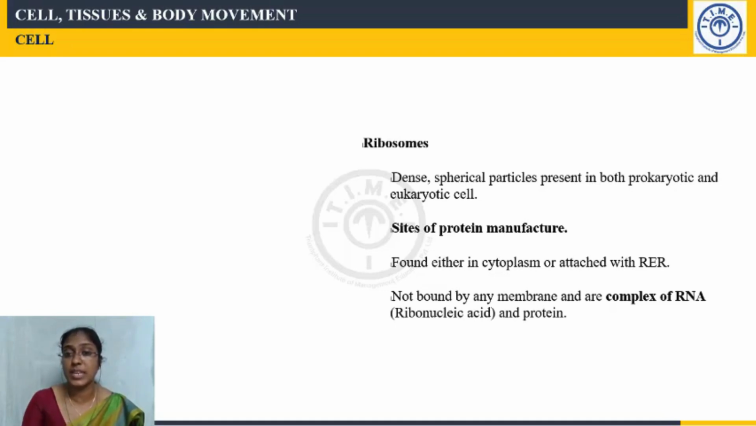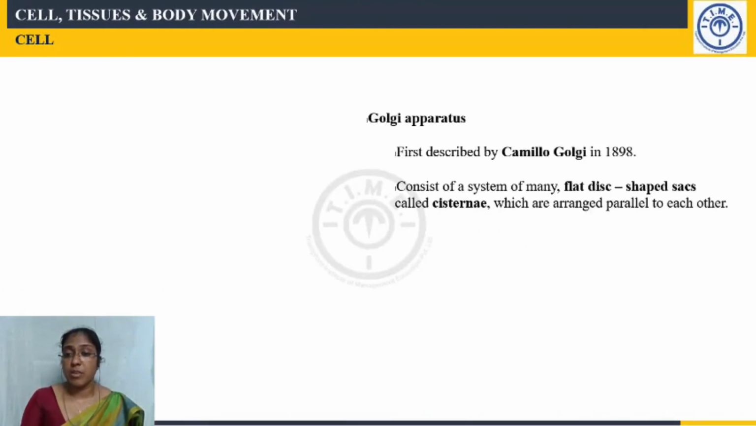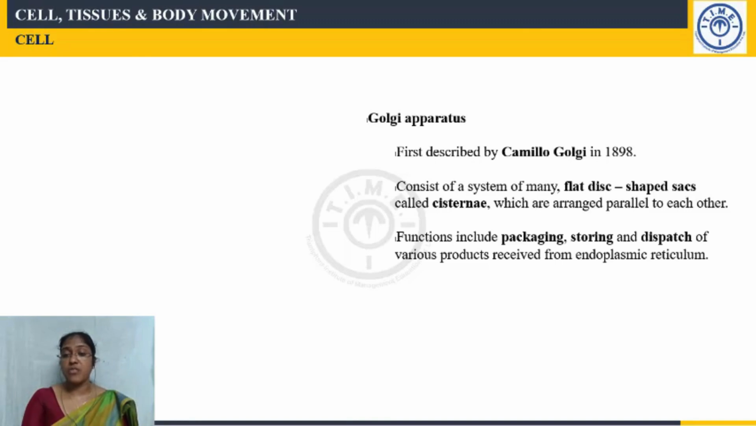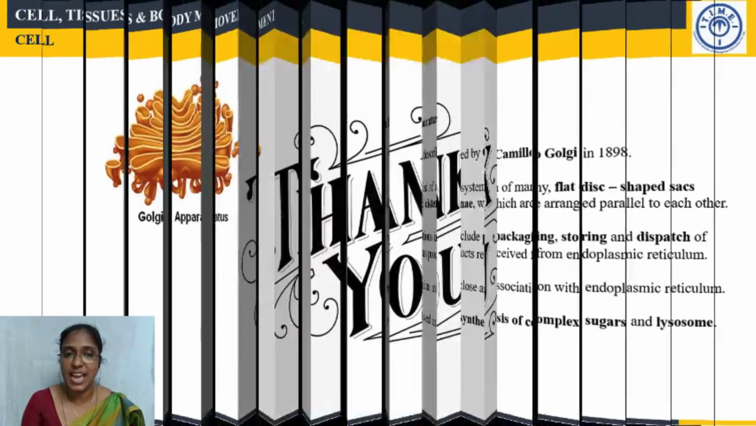And the Golgi apparatus was first discovered by Camillo Golgi. It consists of cisternae, that is flat disc-like structures which lie parallel to each other, and its functions include the packaging, storing, and dispatch of various products. And it always remains associated with endoplasmic reticulum. They are involved in the synthesis of complex sugars and lysosomes. So, with this